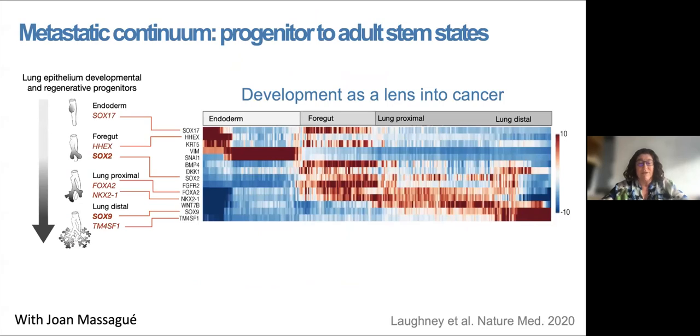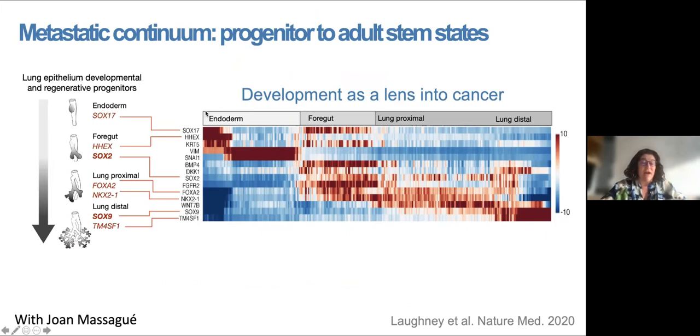Now, cancer really amplifies this plasticity to an enormous degree. And here's another work with Joanne Massaguet, led by Ashley Longyu, who's now at Cornell Weill across the street from me. We really saw that if you look at metastatic lung cancer cells from the clinic, you could see that one of these axes of progression recapitulates quite accurately organogenesis of the lung.